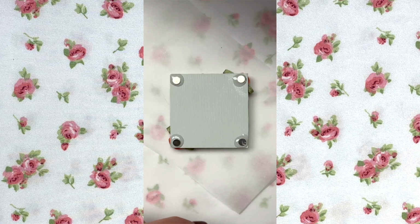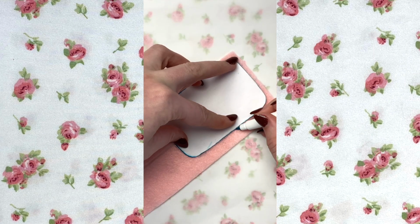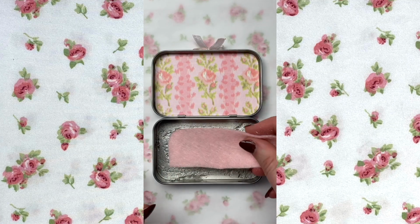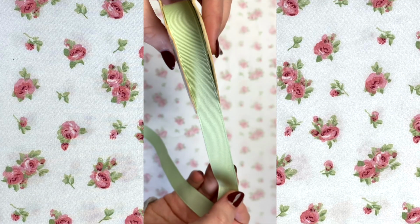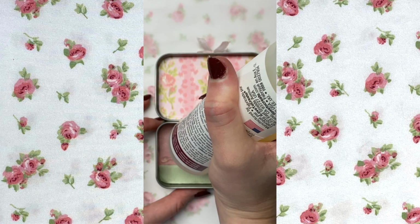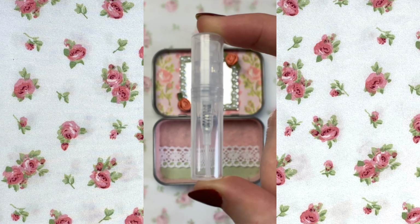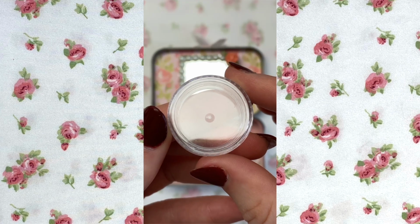I wanted to use light pink felt for the bottom, but I didn't really have that much left, so I kind of put two pieces together, but the seam was just really bothering me, so I found some ribbon and some lace that kind of matched, and I stuck that in there with some fabric glue to cover it up. I wanted to use felt so that the stuff inside won't jingle around as much. I bought a whole bunch of those mini makeup containers, and I'm sorry to do this, but we'll fill those